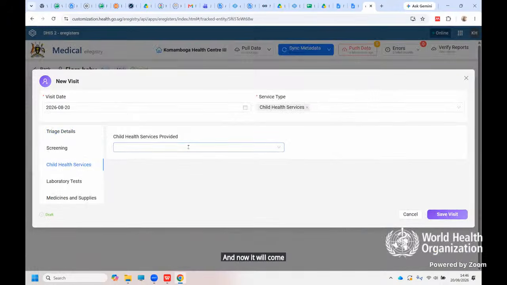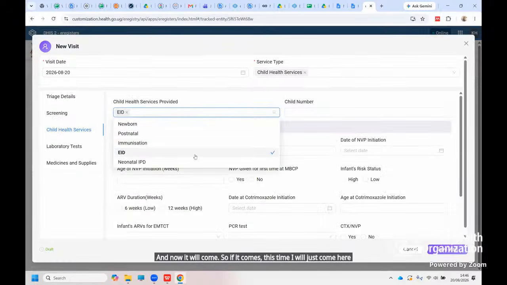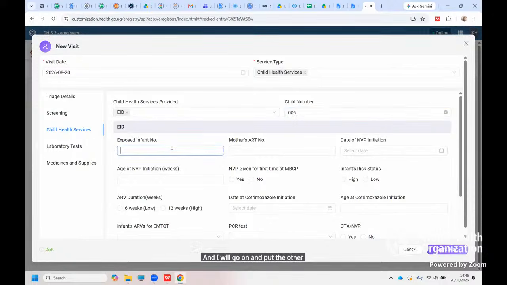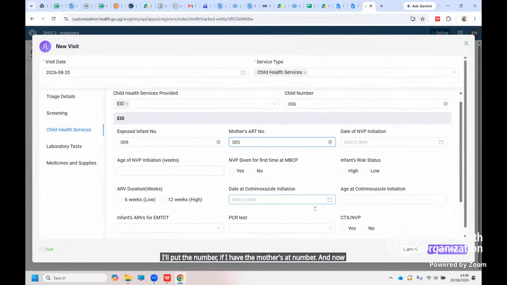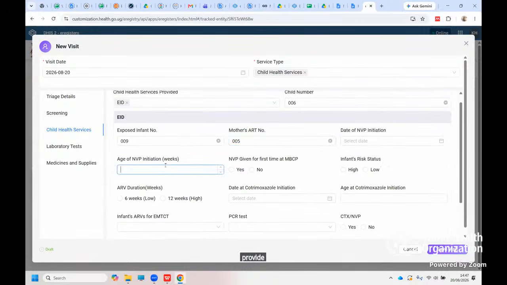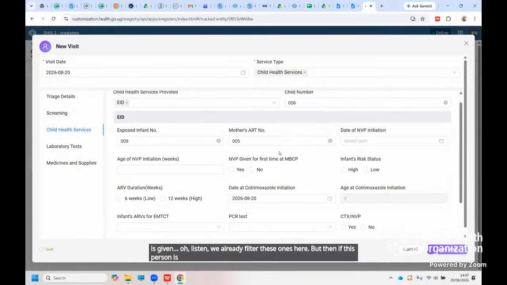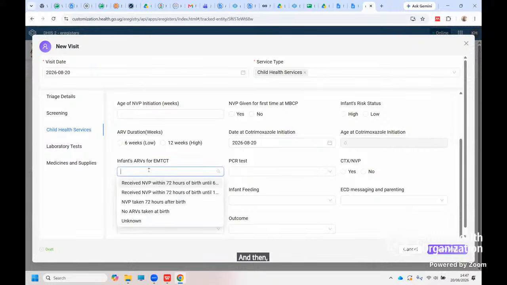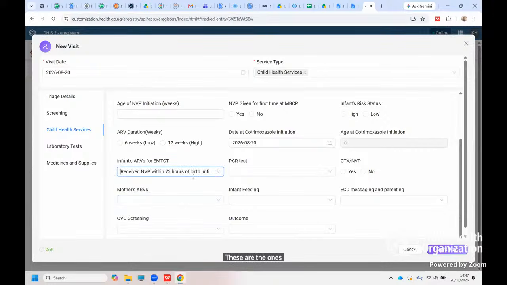So if it comes, this time I will just come here and select EID, and I will go on and put the other details. I'll put the number if I have the mother's AT number, and now here I will be able to provide all the appropriate services. One, we already filled these ones here, but if this person is given Confirmax as of today, I will indicate that, and then I will put this other information about the mother,